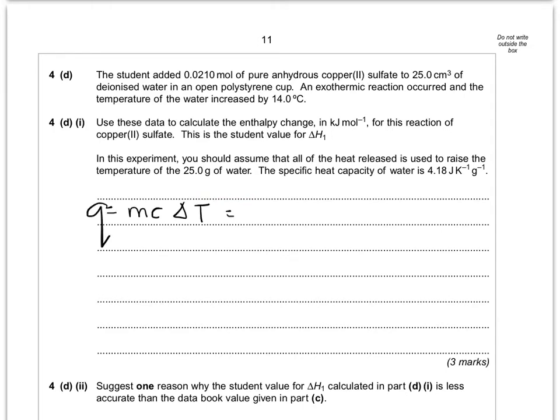Then you've just got to put the numbers in. So remember, you're heating the water, so it's the mass of the water that must go in here. So that's 25 times your specific heat capacity of water, which is 4.18. That's given to you. And then times your temperature change, and it tells you it's increased by 14. So you times it by 14, and that equals 1,463. This is in joules. If you put that into kilojoules, divide by 1,000, so it's going to be